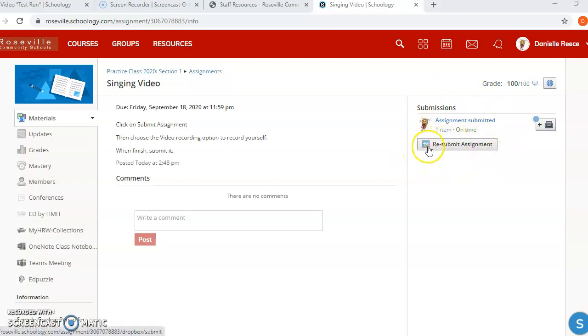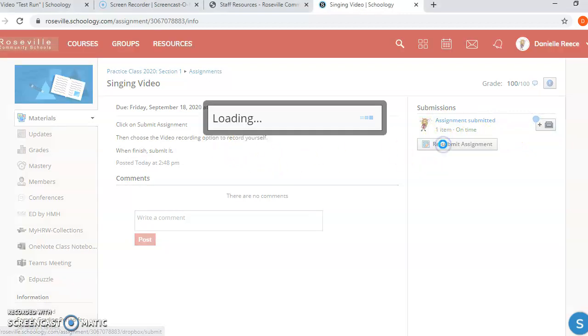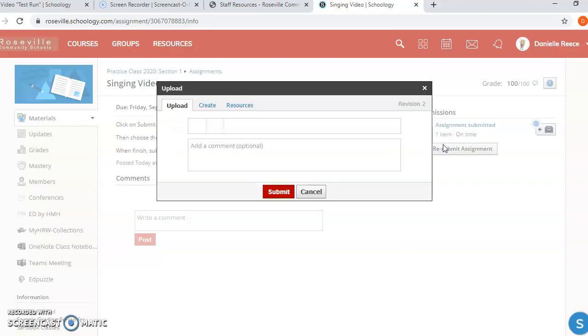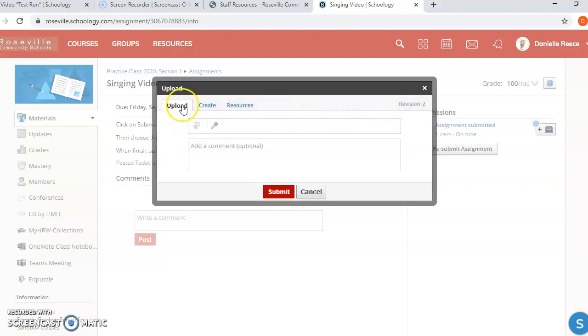You have the opportunity to also resubmit assignment because I've already submitted something. I can resubmit something, but your button will say submit. When you click on this, or you click on submit, a screen is going to pop up and the word